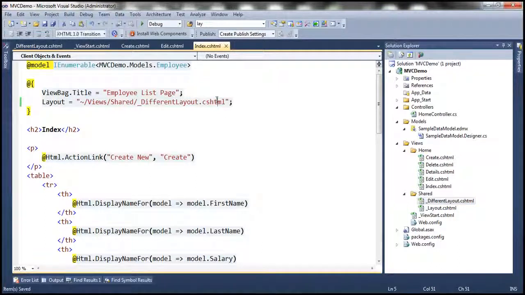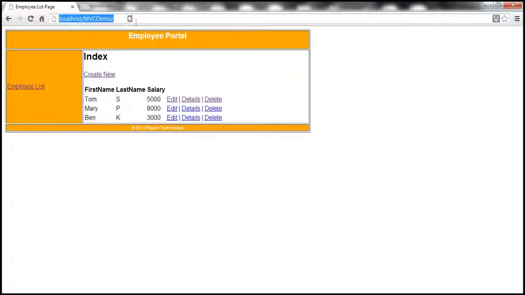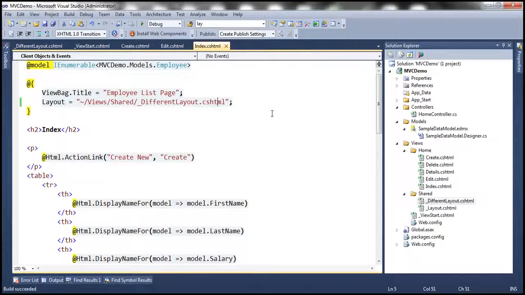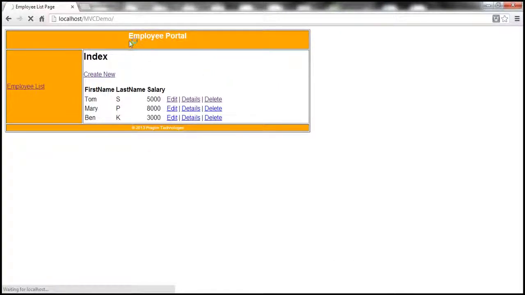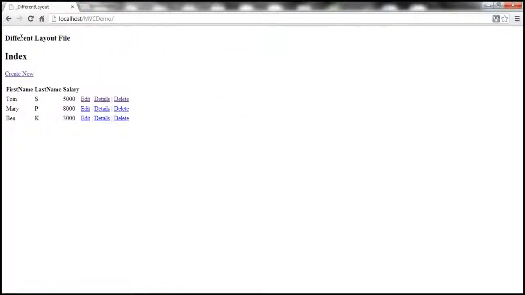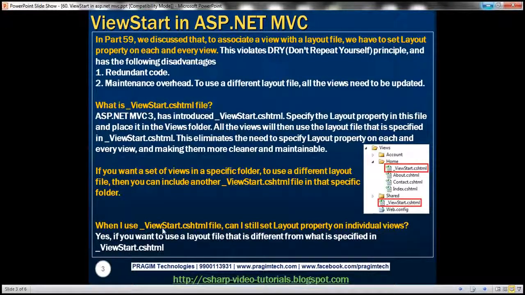Okay, so let's save everything and let's navigate to our index view once again. So I'll refresh that. We have made the change to the index view, and it shouldn't use this layout file. Look at that, it's now using a different layout file. Okay, so the answer is yes, you can still use the layout property on individual views, and we especially use that if we want a specific view to use a different layout file than what is specified in the underscore viewstart.cshtml